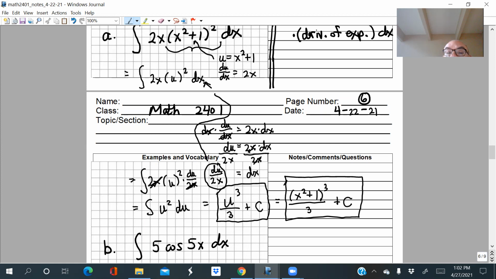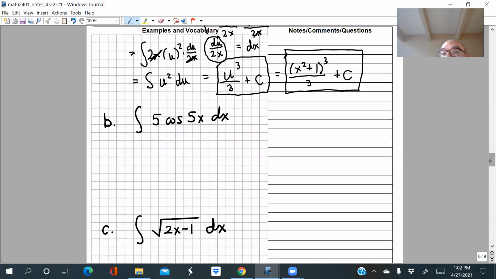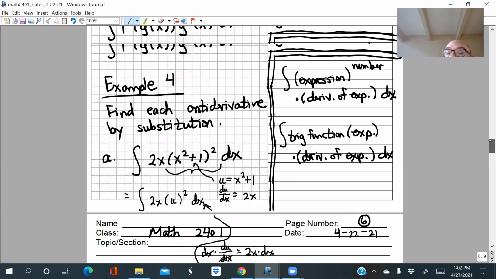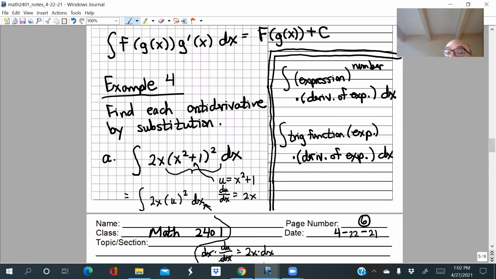Wow, all right, so that's kind of different, right? Okay, let's try it again. I think we have just enough time for another nice example. This one involves trig though, instead of a power. So remember, I said what you're looking for are these two situations, where you have a trig function of an expression, not just x, but some expression involving x, or you have an expression raised to a power.